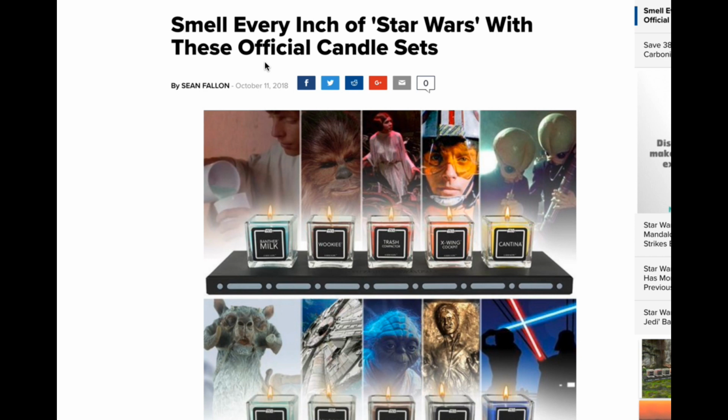But not everything that is up for sale is that highly priced, and some of the things are available to the general public, people who can afford to go to a website and just kind of pick it up. It might be a little bit pricey, but it's definitely within a reasonable price range for the most part. And outside of the official stuff that comes from the movies that might have been a prop or something signed by an actor or things of that nature, there's also these kind of just like wacky items that come out, and